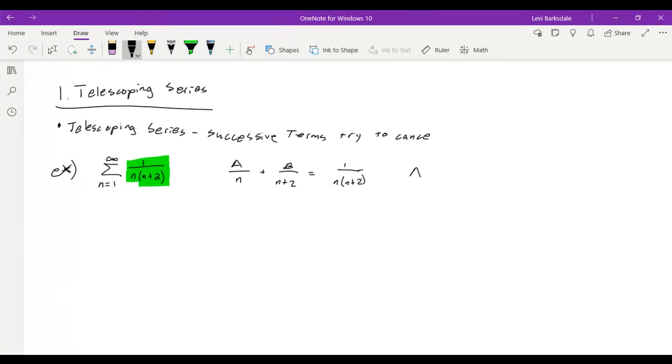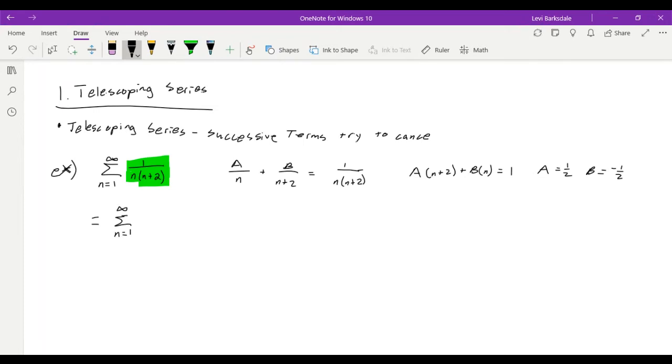So then A times n plus 2 plus B times n is equal to 1. And we get that A is equal to 1/2 and B is equal to negative 1/2. I'm glossing over some of the details of doing partial fractions because this is about the telescoping series test,